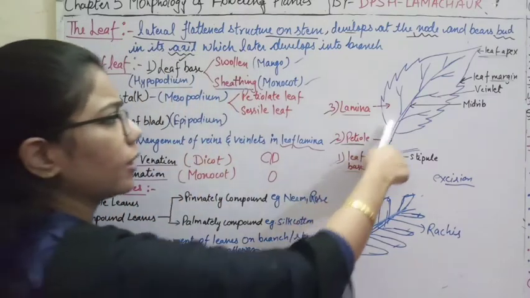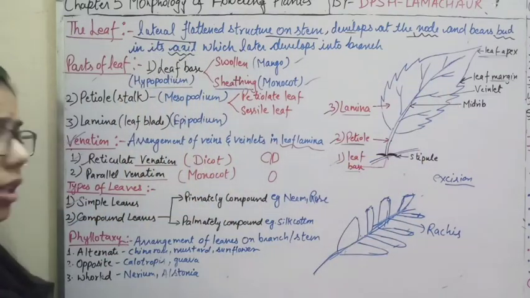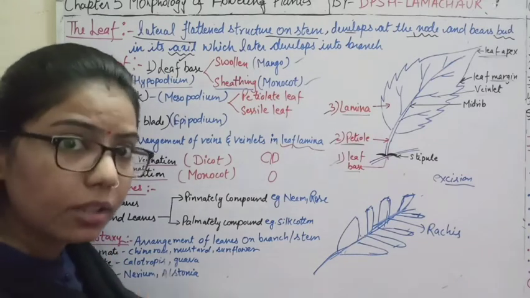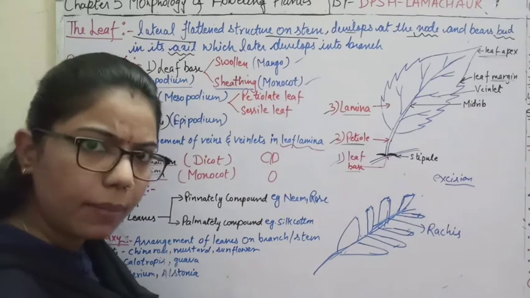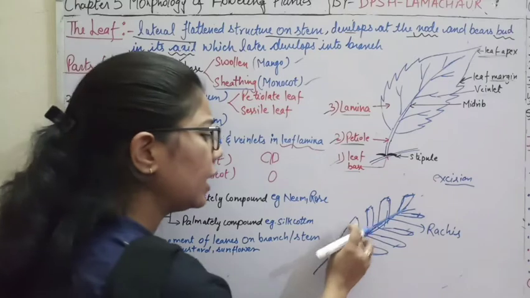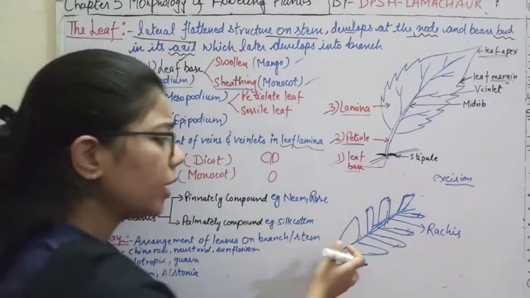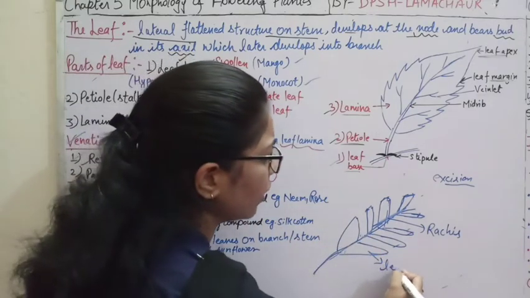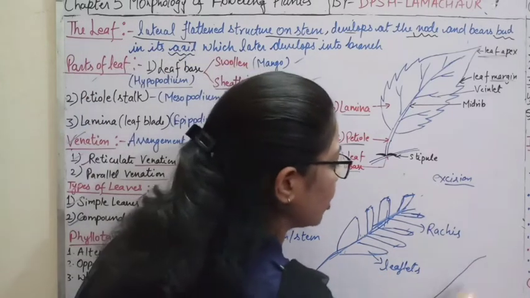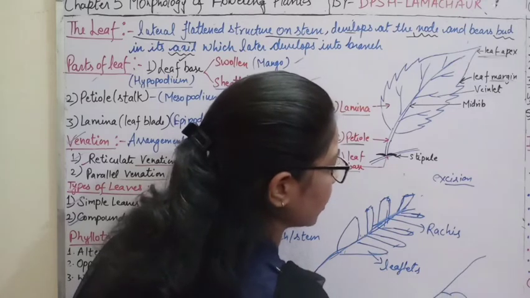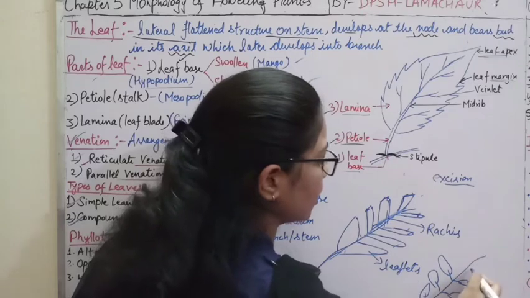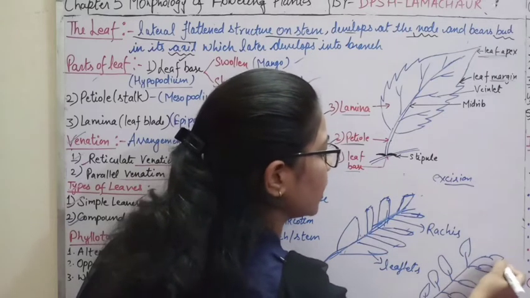Earlier we were saying that it is a midrib, but when it transforms into the compound leaf, it becomes the rachis. We have not seen this transformation, but today we know that some leaves are simple and some leaves are compound. So what are the compound leaves? When the leaf is transformed into leaflets. If I make this diagram in a very simple way, you can see like this. Sometimes like this also. This and this. So you can see this type of leaves.